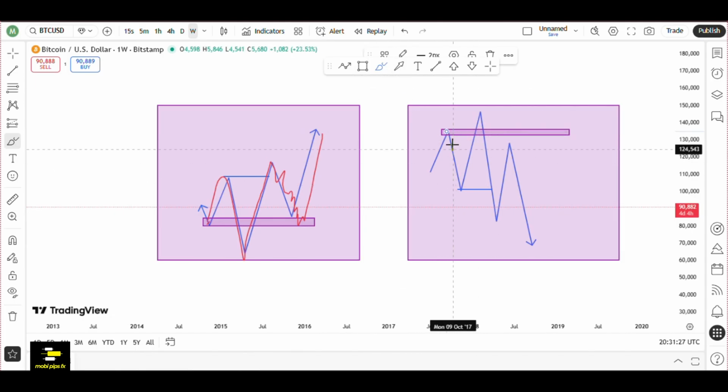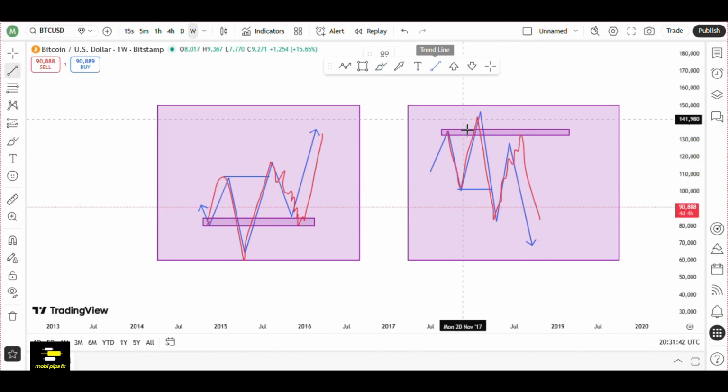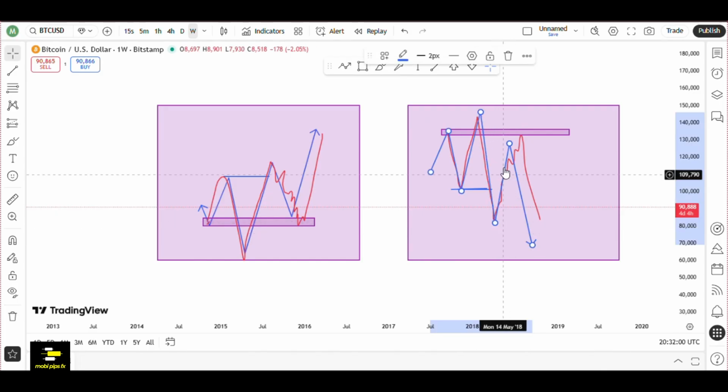Okay, so we have our sweep, then break of structure, then we have our reversal before there is a sell. All right, what happened? This was our transactional liquidity. If this is our transactional liquidity, price will take this one out, then come back here, sorry, come back here to sell.